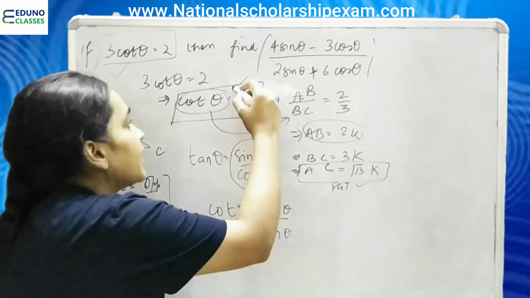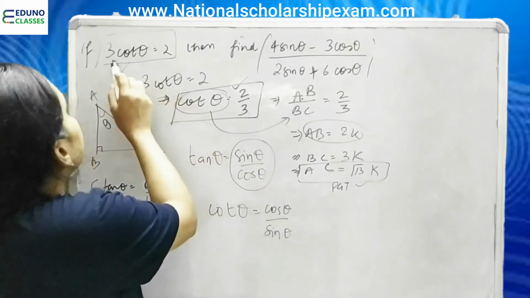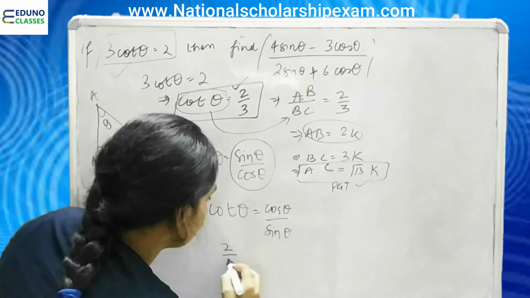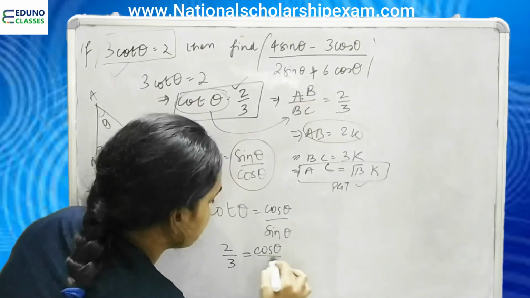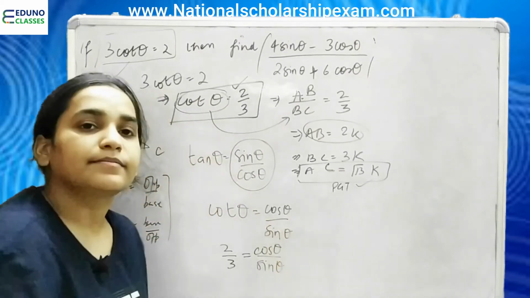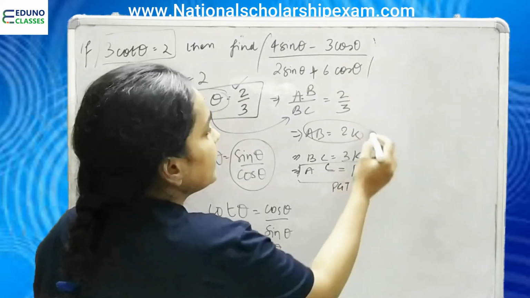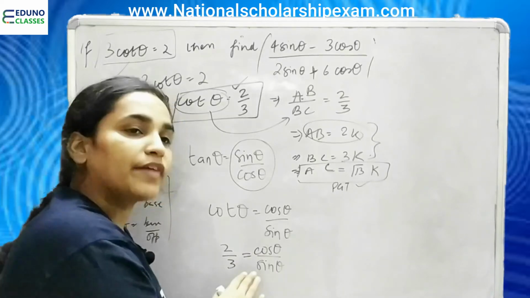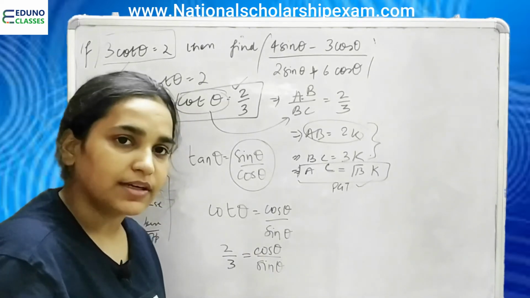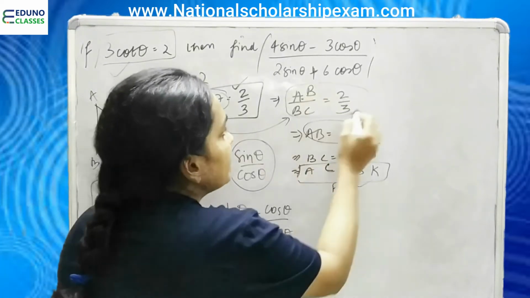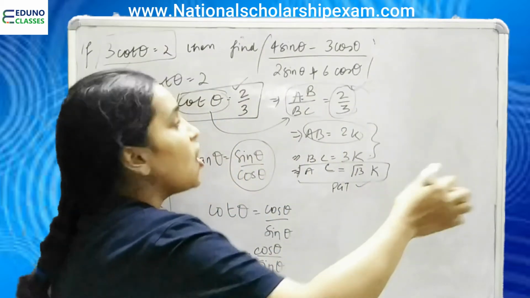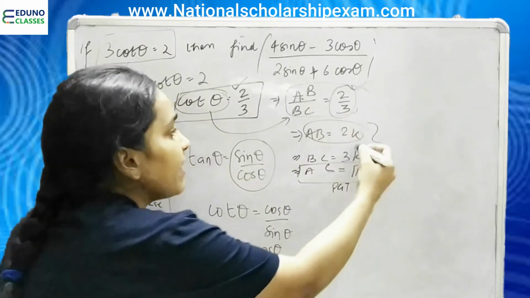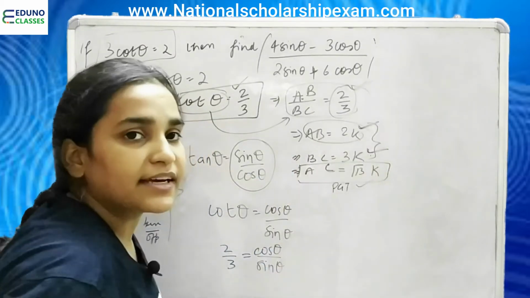And in the question we are given the value of cot theta. 3 cot theta is equal to 2. That means cot theta is 2 by 3. Fine. So 2 by 3 is equal to cos theta upon sine theta. Now, what we did here to find these two values, we will do the same here to find the value of cos theta and sine theta. Can we apply the same method? Here we knew that this is the simplest ratio of the actual length of AB and BC. This we have simplified. Otherwise, it would have been something like 2k and 3k.